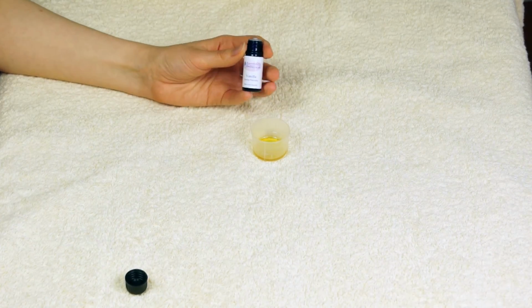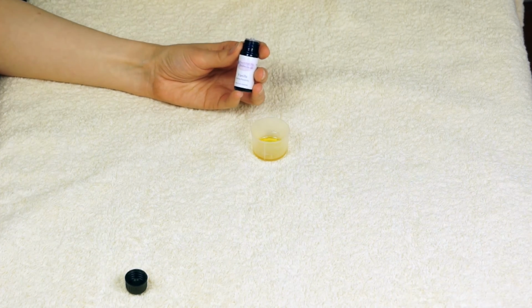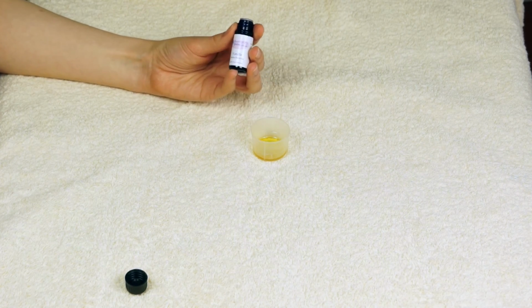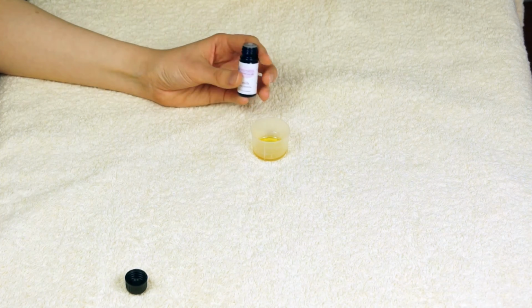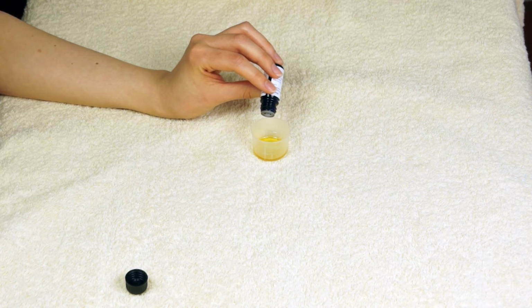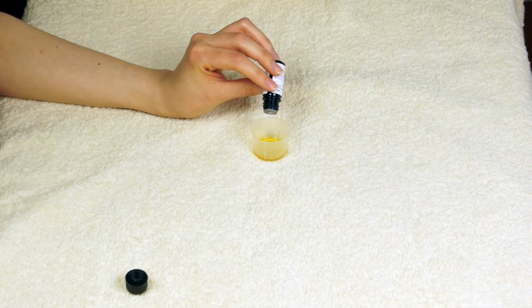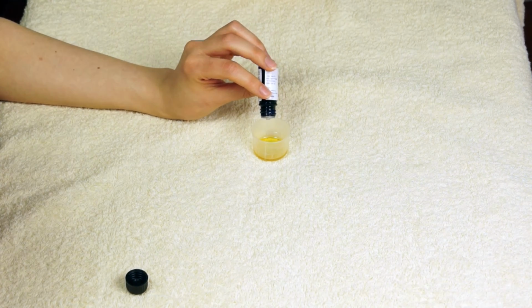If you think about it, most things that have a vanilla scent are quite pleasing, quite a nice scent. So it's nice in a mix if someone just wants to relax and feel calm again. The cautions for vanilla: avoid in pregnancy, but it is generally fine. Again, it's just good to do your research, take your client as an individual and make sure that each oil will be beneficial to them. So to check the thickness and the colour of vanilla oil,